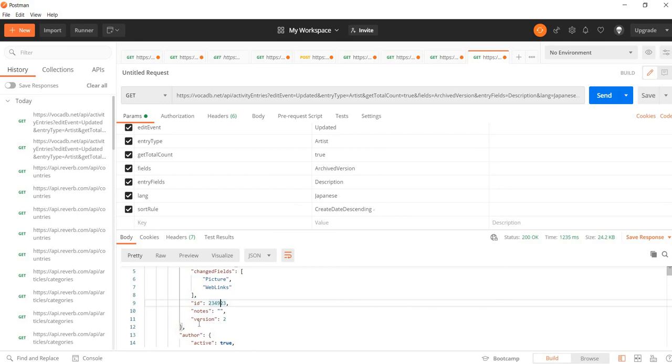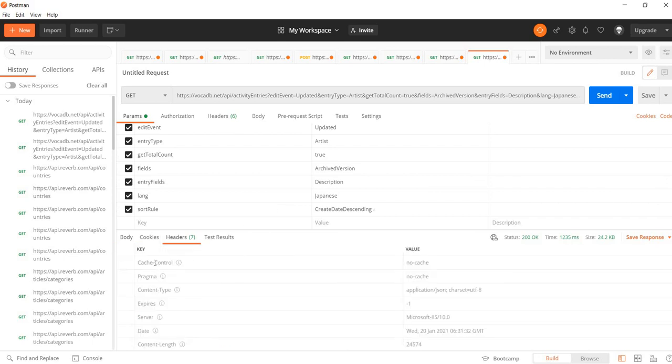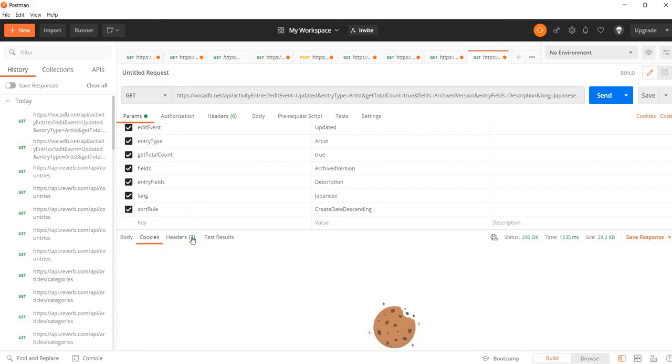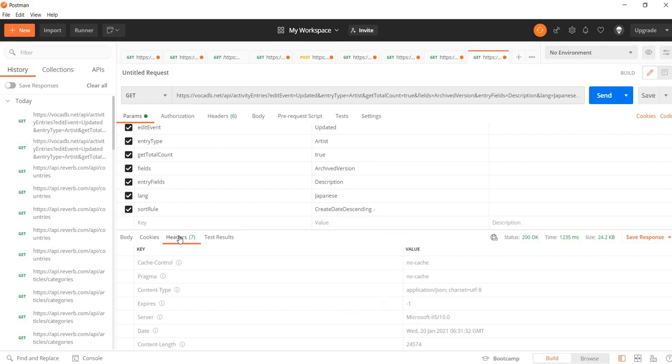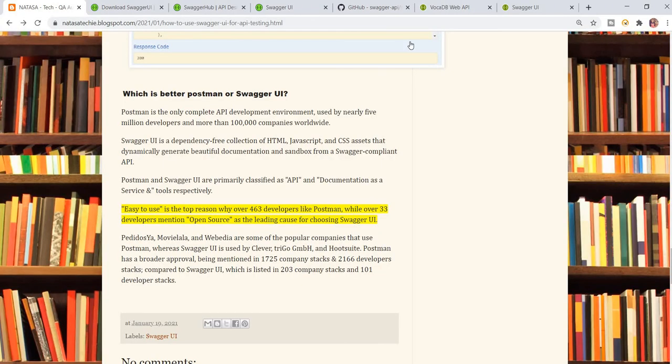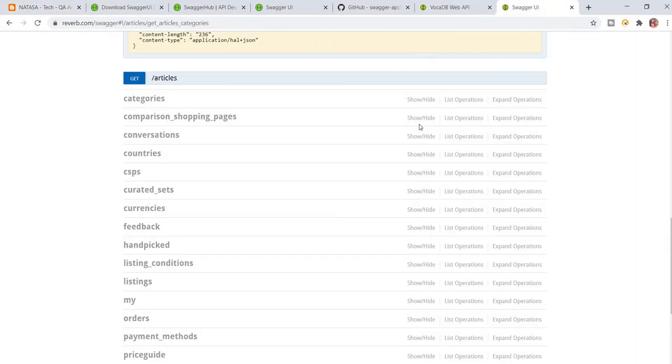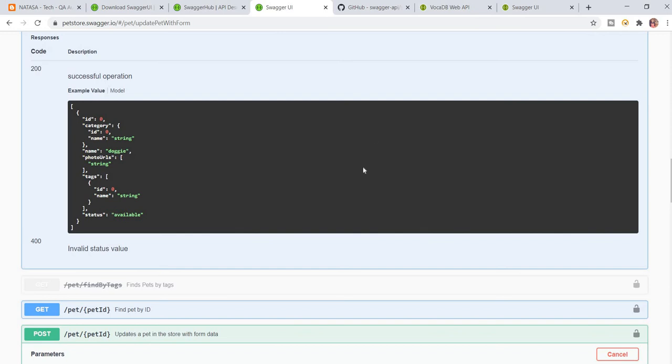Based on that color format, you can understand easily. And the headers, and the response headers, are updated. So it is very important. Based on the headers only you will get the response body. So this is the way you can understand once you use Postman. In Swagger UI, you need some knowledge of where things will be found. You try to explore everything.